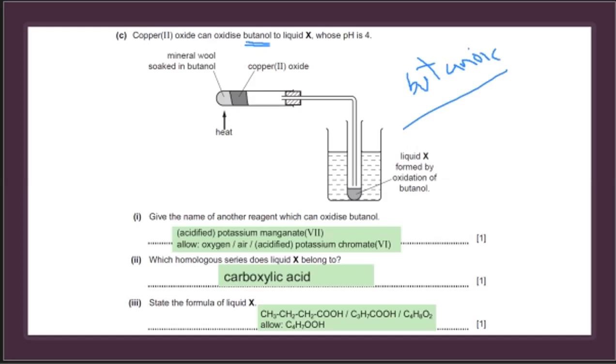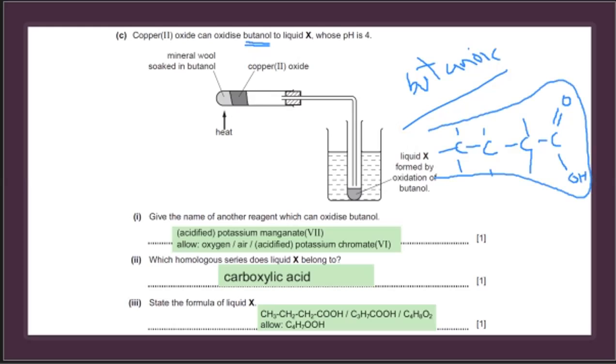So with butanoic acid, basically we would have 1, 2, 3, 4 carbons, C double bond O, OH on the other side, and then hydrogens connected to the rest of the structure. All right, this is what you could have gotten. Right, that would be the formula of the liquid. So that is